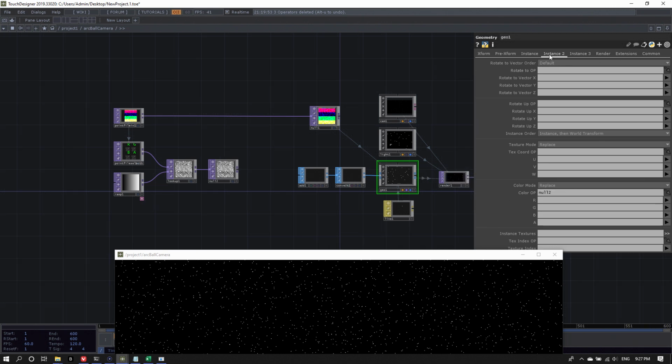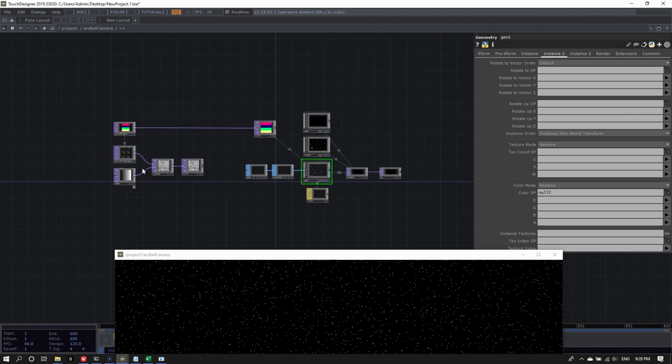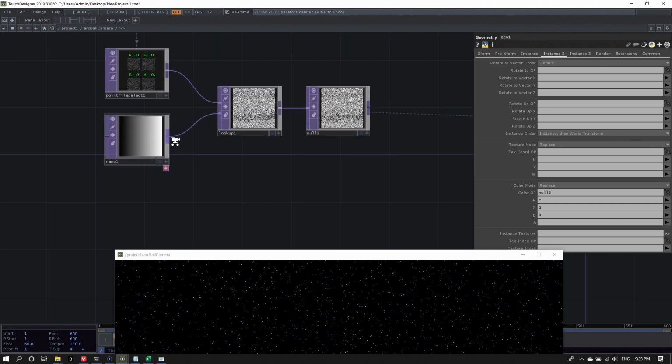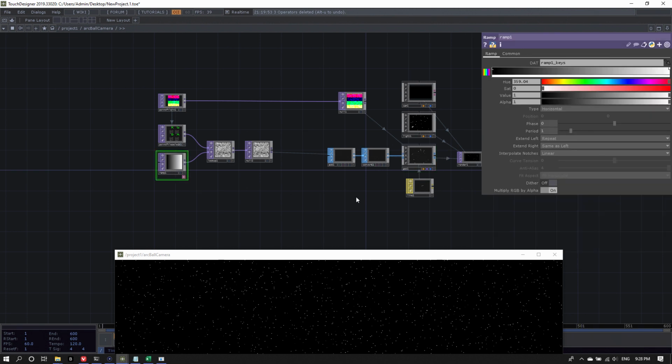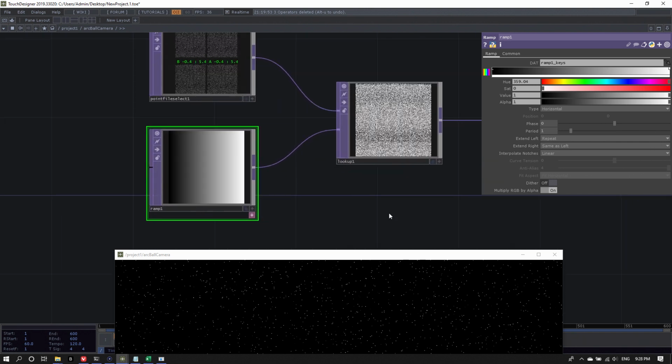So I'm going onto the instance2 page on the geometry comp's parameters, drag the null top that I just created, that comes from the point file select, into the color op parameter, and then select the red, green, and blue channel as my reference points, or the channels that ascribe color to the instances. Now I can create here a little ramp.